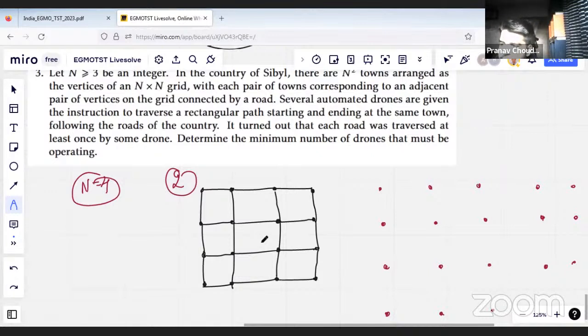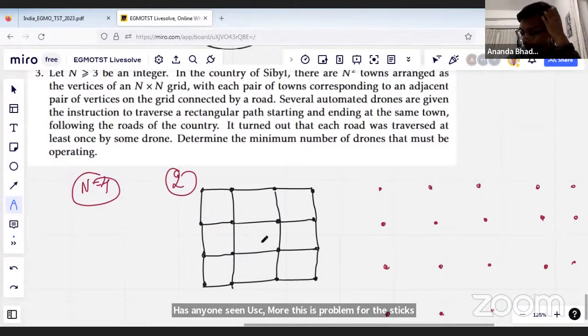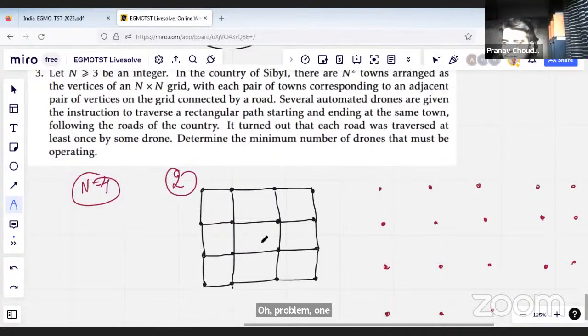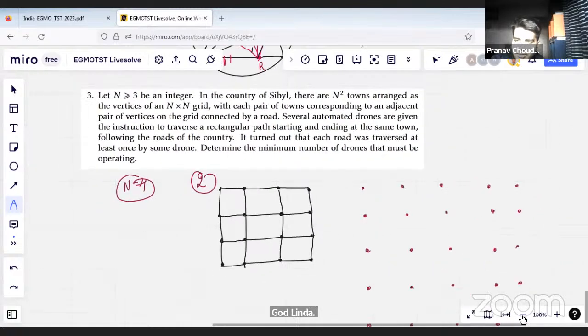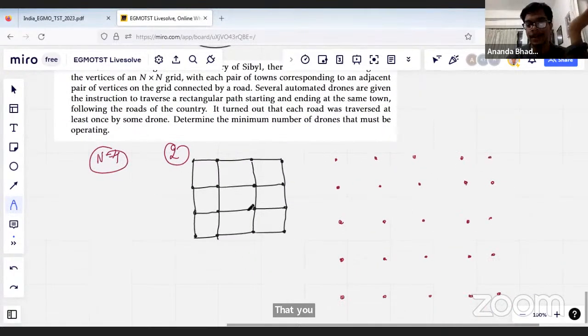Has anyone seen USAMO this year's problem 4? The sticks one. Oh, problem 1. Problem 1. Yeah, it feels similar to that, right? In some sense. That you have to look at these roads. Yeah, the thing I was thinking was,